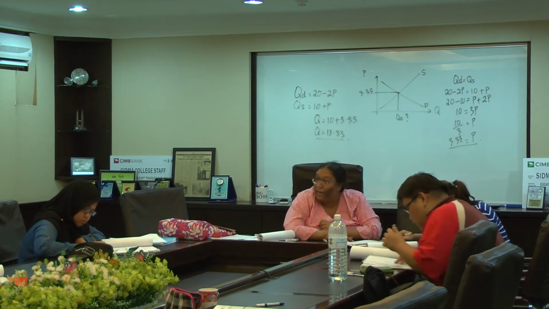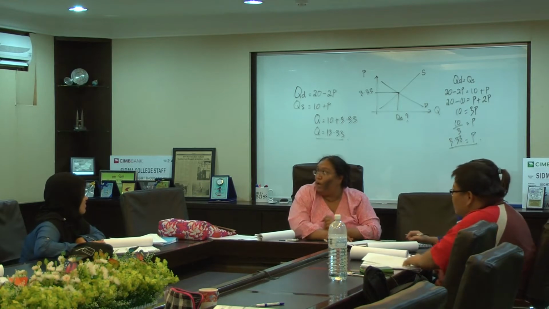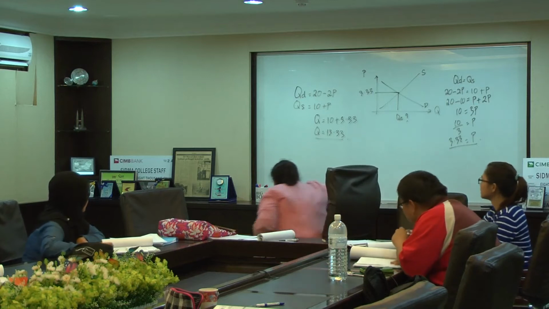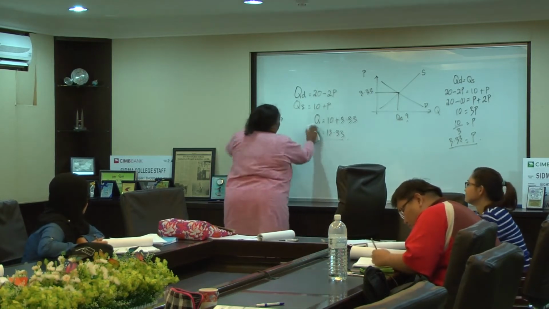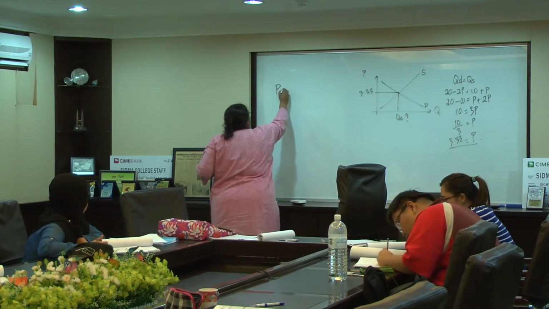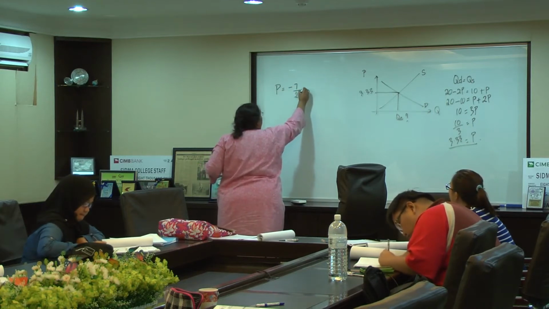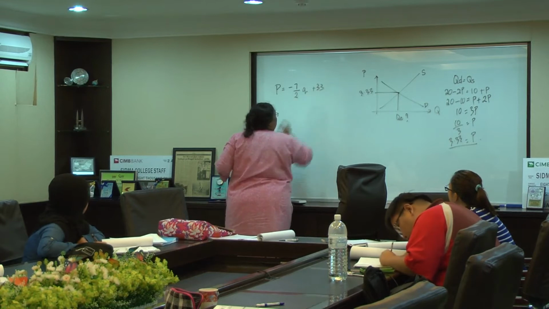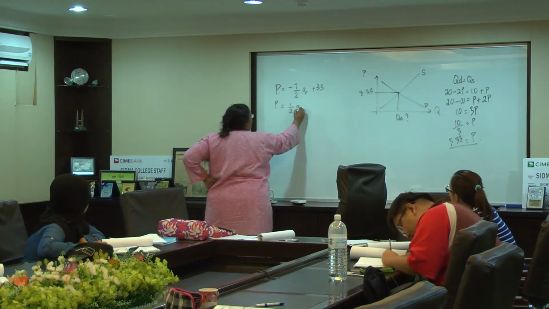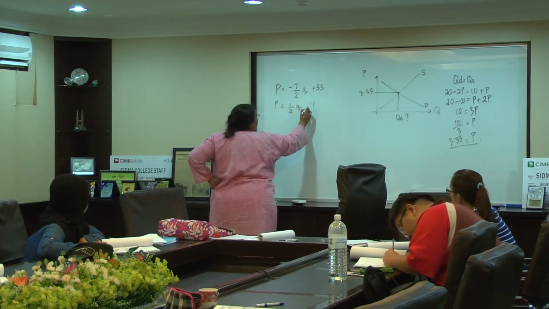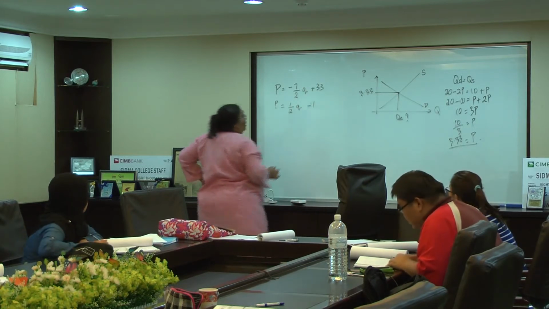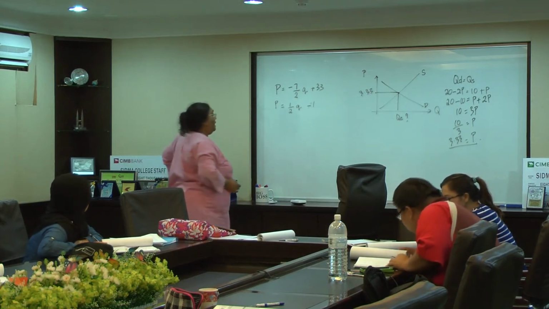Okay, correct or not? Can you follow what I'm saying? You don't follow? No, okay, you see. Okay, you all have to tell me the numbers first. Okay, you got P equals what? Negative 7 over 2Q plus 33, correct? Then you got P equals positive 1 over 2Q plus, sorry, is it plus? No, this is minus, isn't it? This is plus, this is minus. Okay, both also plus, okay.